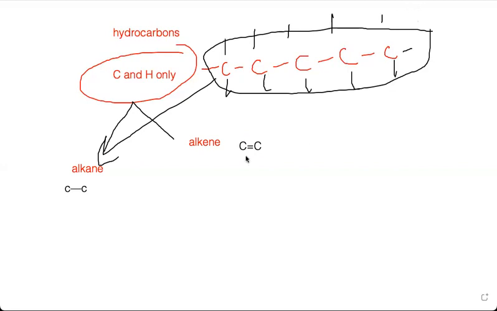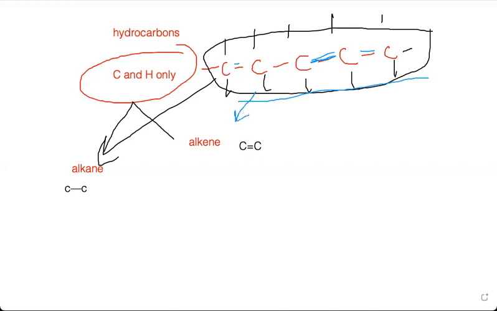Okay, so back to the topic. If there is no double bond in a chain, you can say that this chain is an alkane chain. But if you can see any one double bond, for example, a double bond between these two carbons, this is alkene. There could be more than one double bond. It depends. There could be more than one double bond, but this is still alkene. So simple.